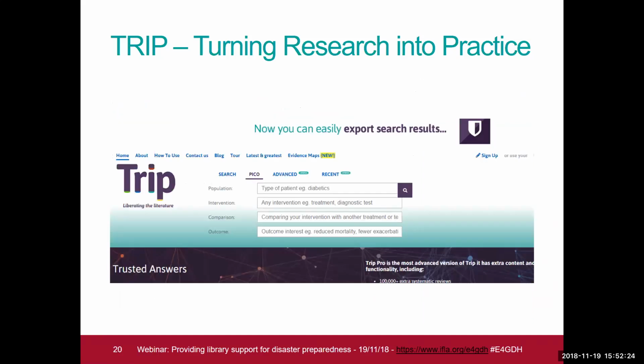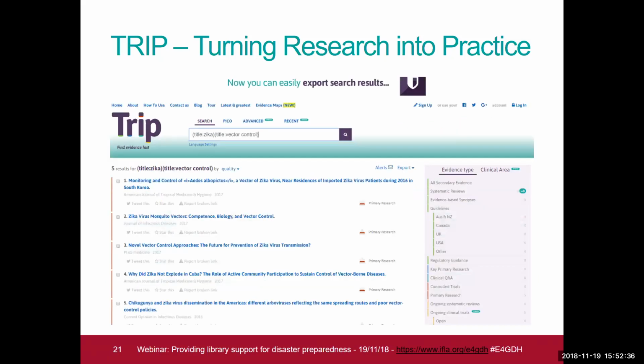You can make a more complex search because there's a PICO format. So for those of us that like dividing questions into population or patient, intervention, comparison, outcome, it can work in that style. So you can make your search a little bit more tailored, but clearly just putting in a couple of terms into the search box would do the job as well. What's particularly nice from TRIP's perspective is that if you scroll down on the right-hand side of the screen, the evidence type box